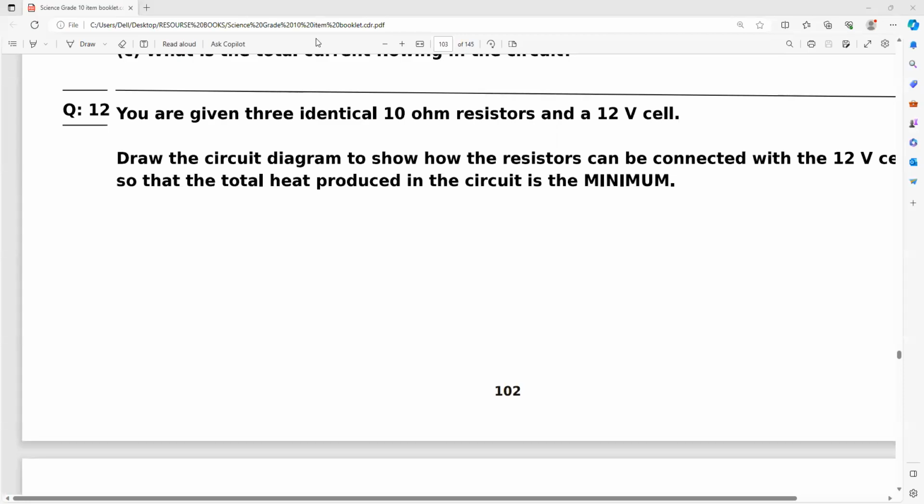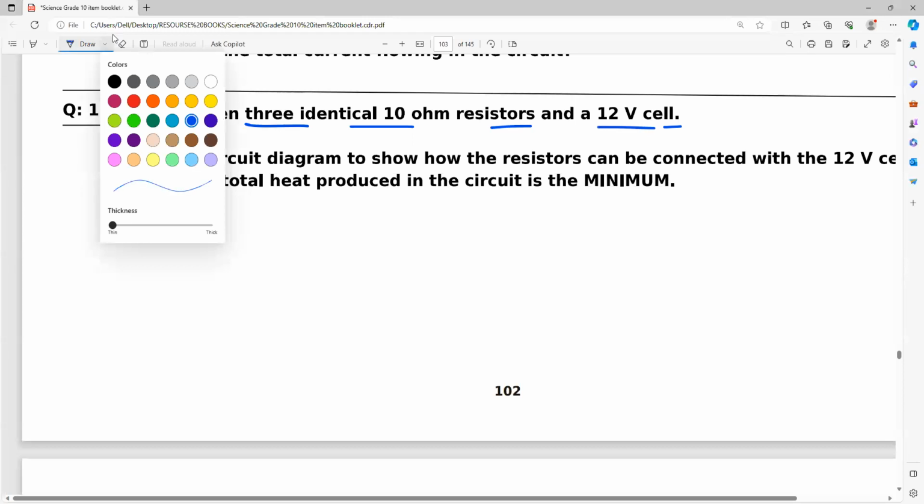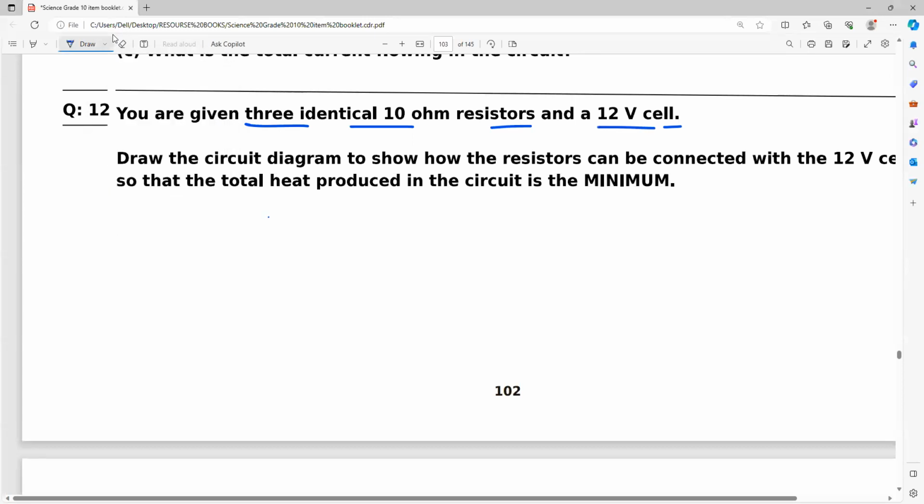Now you know that in this question they are saying you have been given three identical 10 ohm resistors and a 12 volt cell, that is the potential difference. Now they are asking, draw the circuit diagram to show how the resistors can be connected with the 12 volt cell so that the total heat produced in the